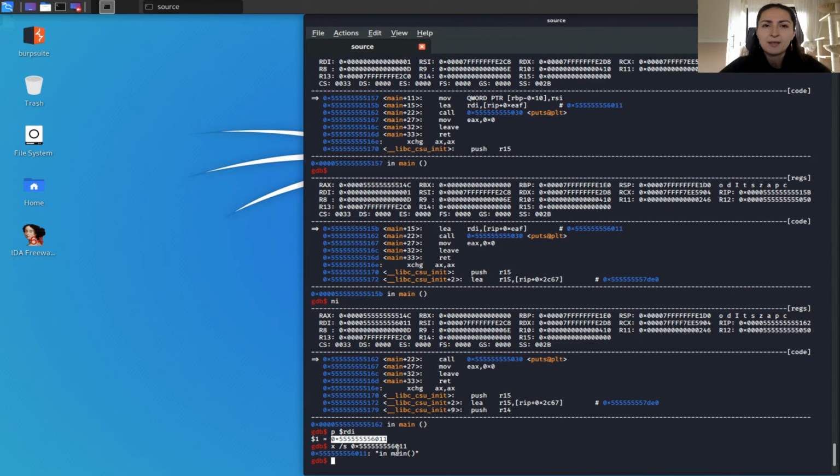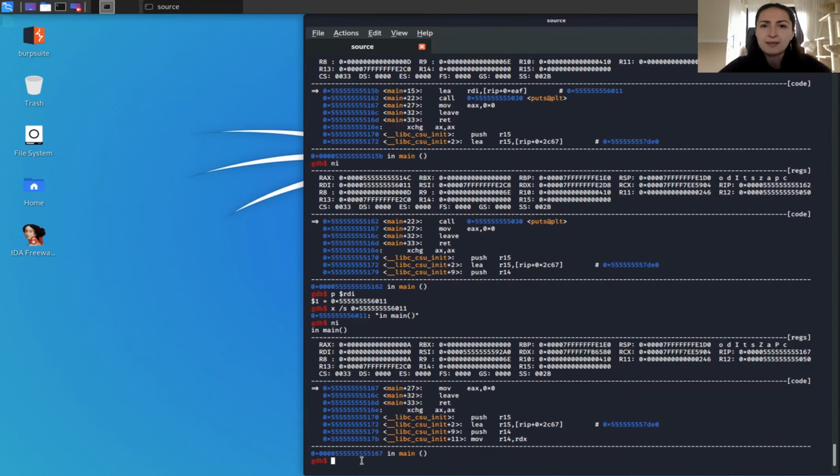Okay. And here it is, our little message. Here it's important to notice that the RDI register was used to pass the first parameter in line with the x86_64 GCC calling convention. If you're curious, let's check the reference link for more details about this calling convention.